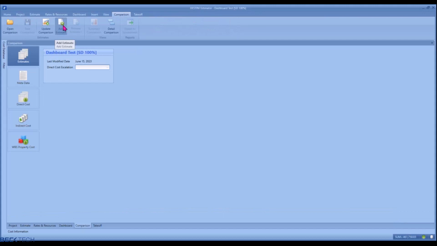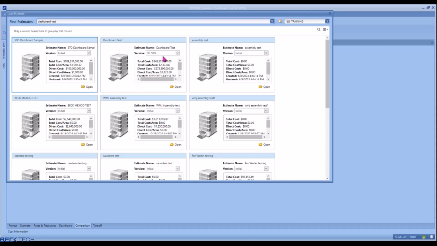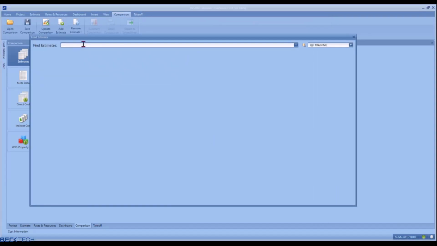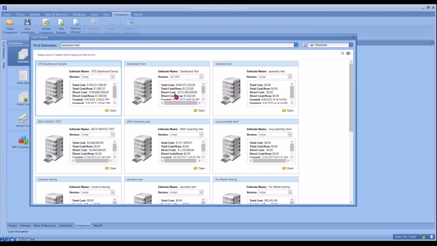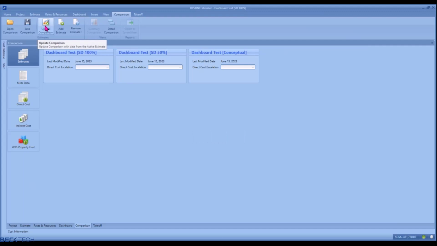In the comparison view, click Add Estimate, search for your project. In this case, Dashboard Test. I'm going to add my older versions, SD 50%, as I'm currently working in my 100% estimate. And I'll go ahead and grab my old conceptual estimate as well. This gives me all of the data, and clicking Update Comparison spits that information into the back sheets of the